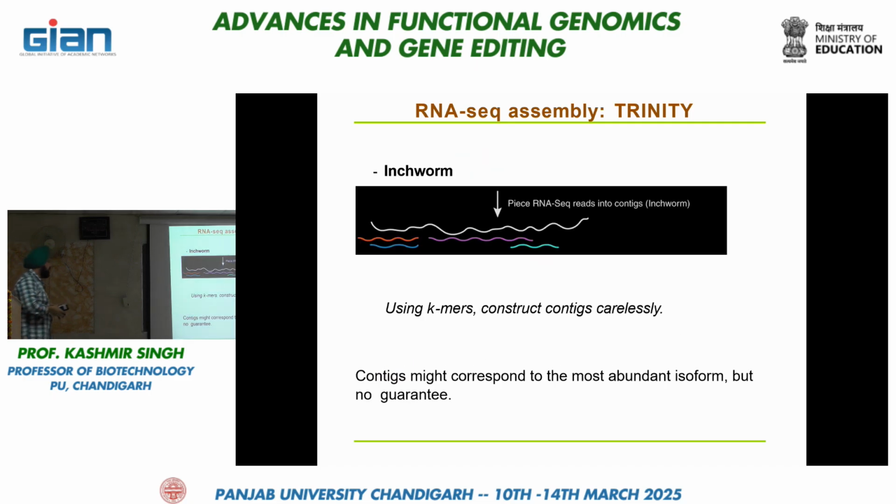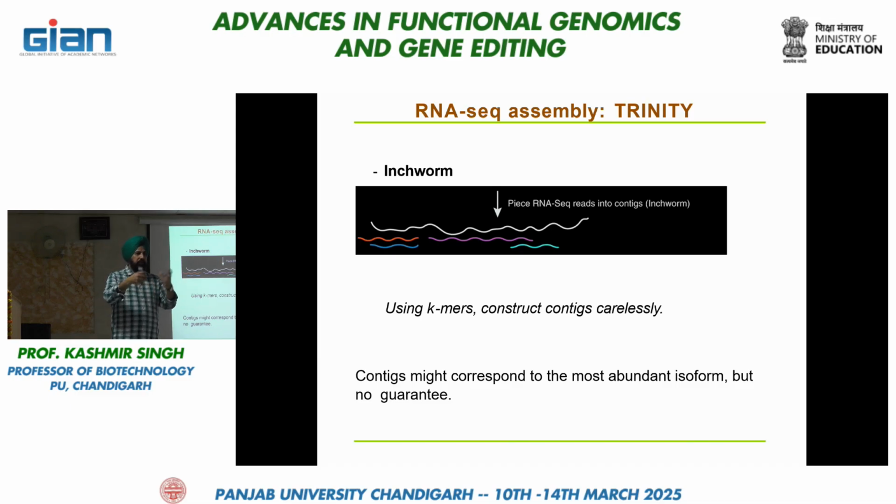We have discussed that you have to choose the right k-mer, otherwise you construct these contigs carelessly if you use this tool, because you do not know what is happening inside. It is just overlapping the sequences and then aligning them. A contig must correspond to the most abundant isoform, because like I said, if you have a cluster on the Illumina which is highly abundant,